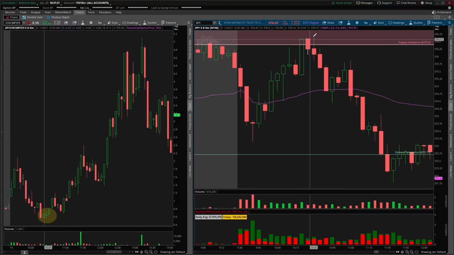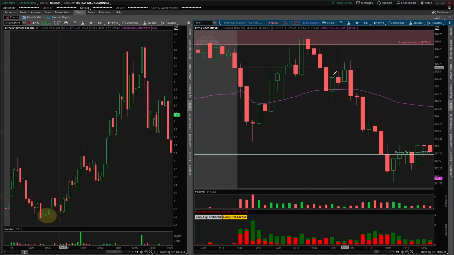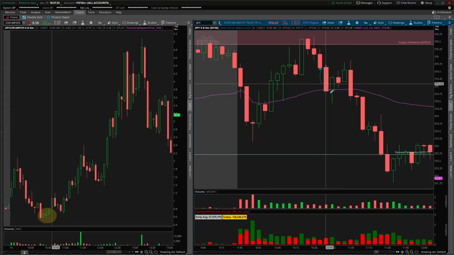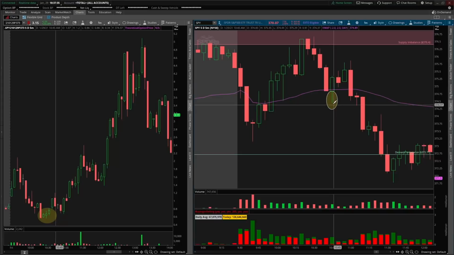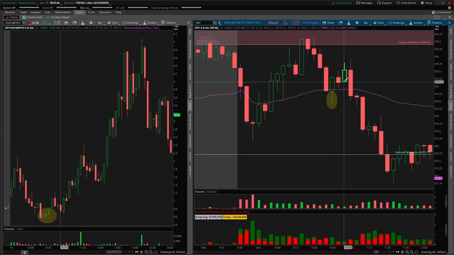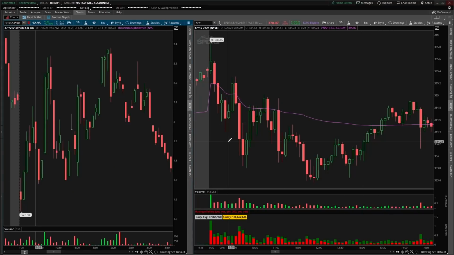Another scenario is, let's say we didn't short at supply, we waited for it to come down a little bit, and we shorted, let's say, when it broke VWAP down here. So at this time, the contracts were at $1.20. So now we're in at $1.20. Then the market starts coming up about a dollar or so, and these contracts are now at 70 cents. And if we traded 100 contracts, now we're down $5,000. So more volatility means trade with less size.